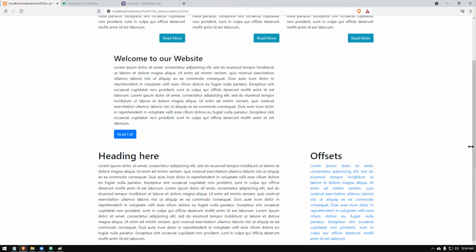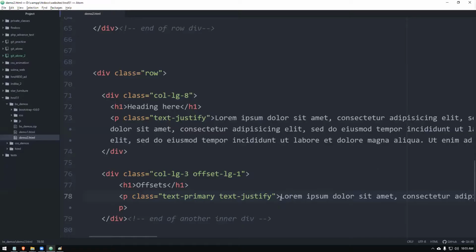So this is a small technique I used. Again, when you want to maintain a gap, one way is maintaining the margins. The other one is using offsets, but make sure when you give an offset, it takes an entire column, right? If you really want to use that, you can make use of it. So I hope this part is understood.